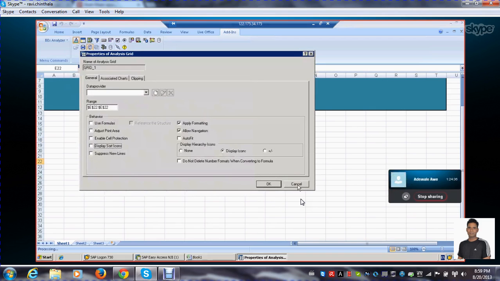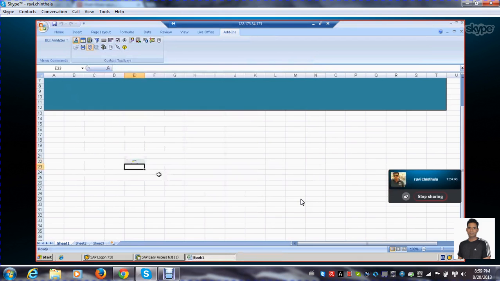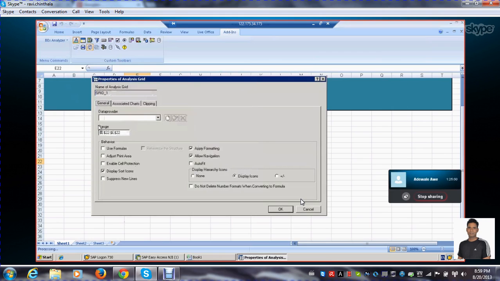First of all, what you have done, I came here, I selected this cell, and at this cell, I want to create analysis grid. So I clicked on the analysis grid, and it is here, double click there. So I got this properties of analysis grid. Here there is no data provider to provide the data,